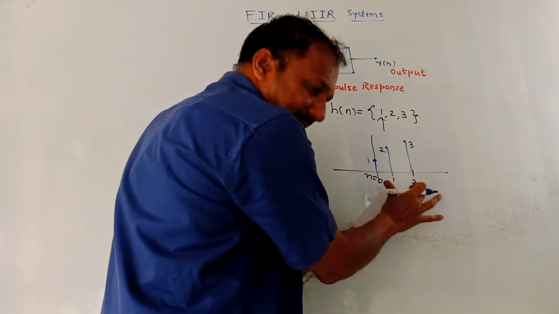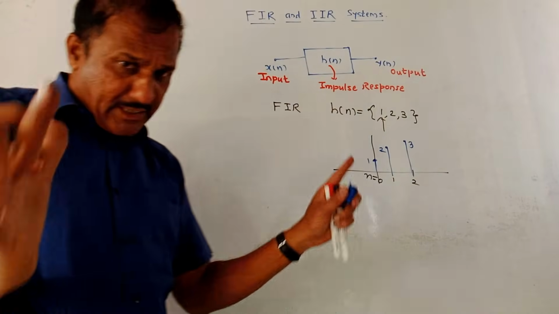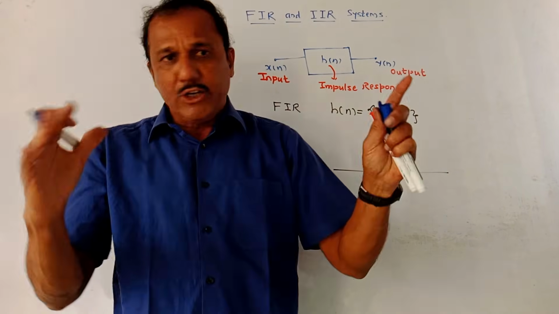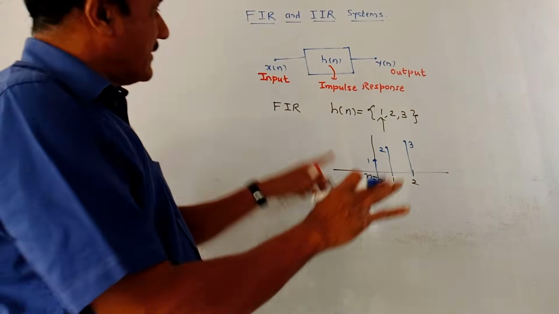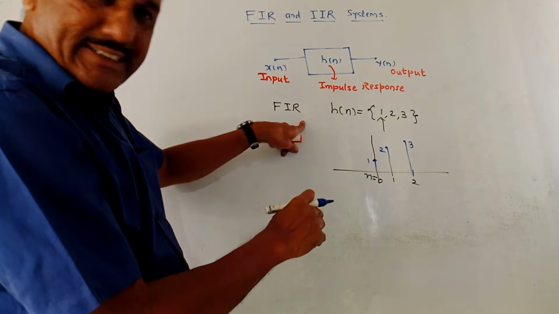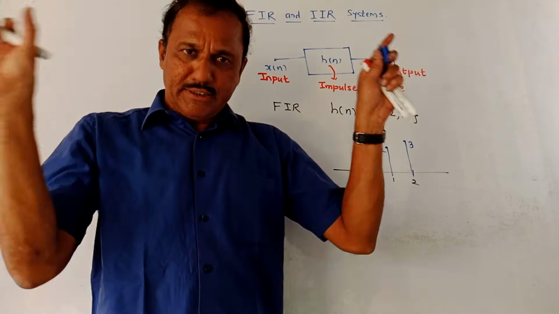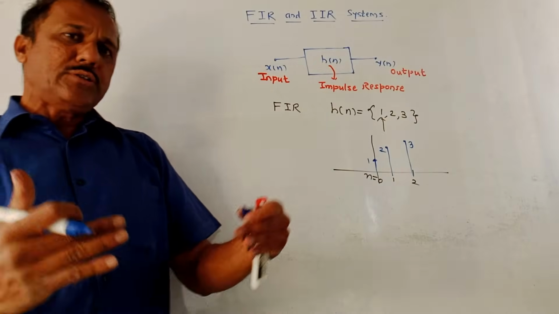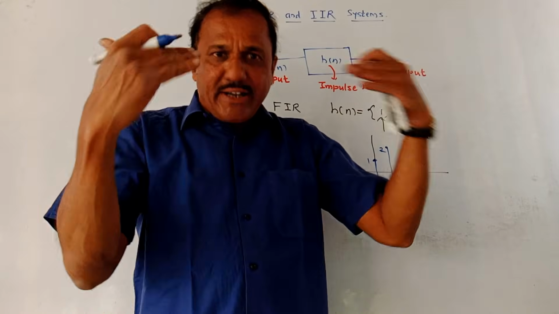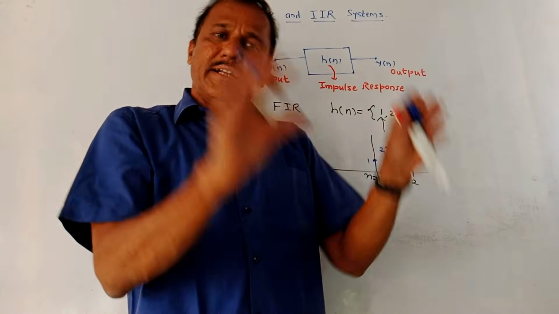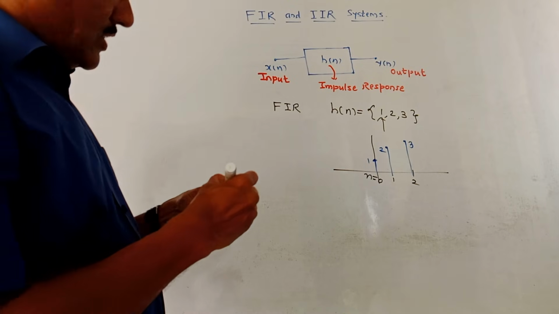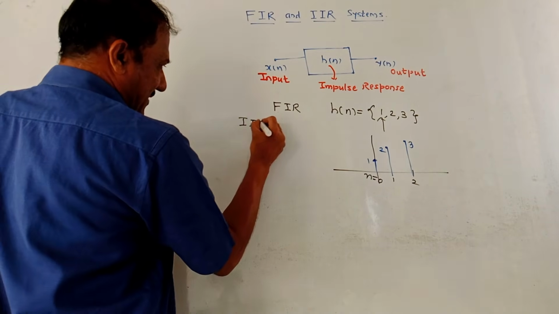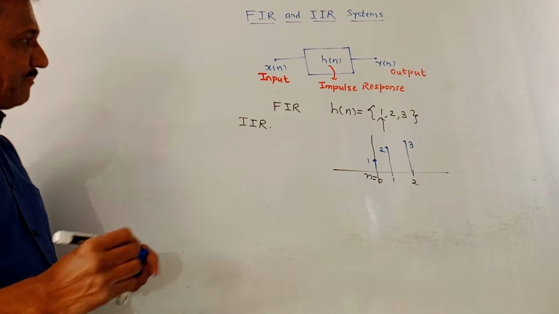As we discussed, there are 3 samples. The duration of this sequence is from n equal to 0 to 2. It is finite, not infinite. So this is called FIR system, that is finite impulse response system. So whenever you come across an impulse response which contains only a finite number of samples, then it is called finite impulse response. On the contrary, if I am talking about IIR system, that is infinite impulse response system, then